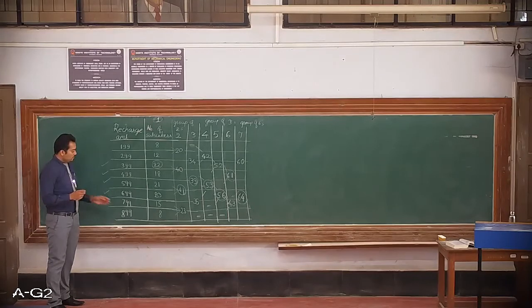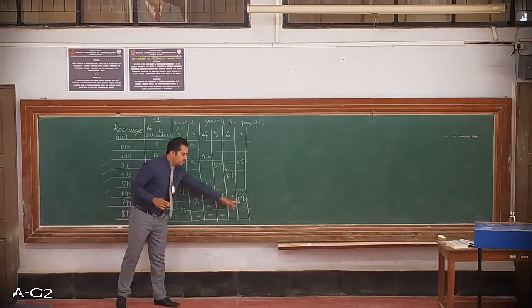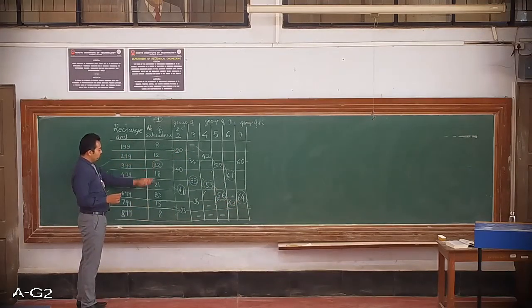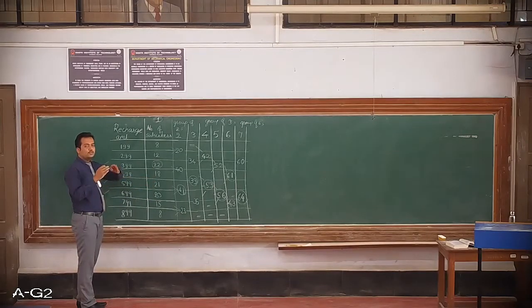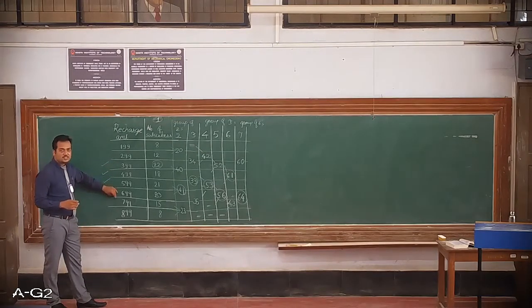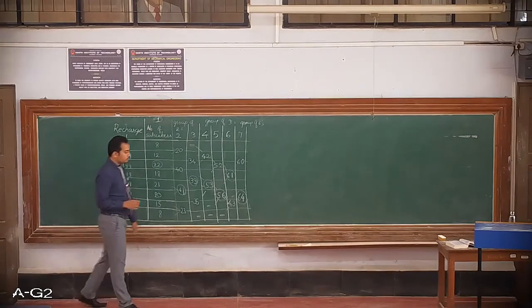We are expecting that the modal value could be anywhere among these four. 799 and 899 contribute to the highest value 64 here, but their frequencies are too low compared to these four frequencies, which are just 20, 21, 22, 18. All these are the higher frequencies among all, with just one or two differences among them. So we may expect the modal value among 399, 499, 599 and 699.